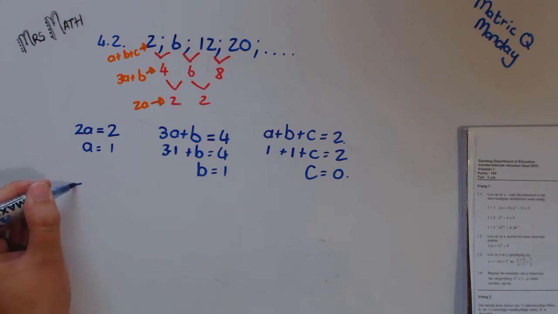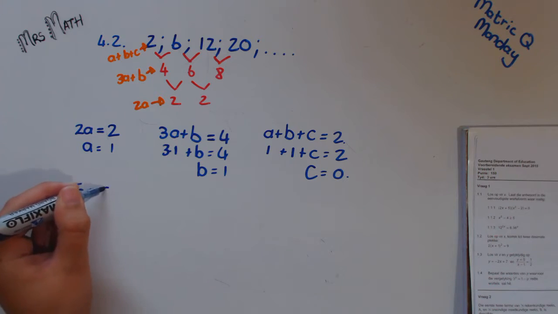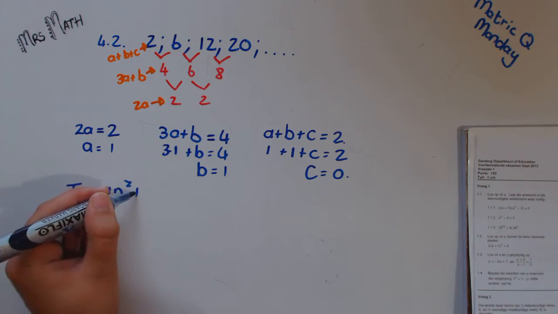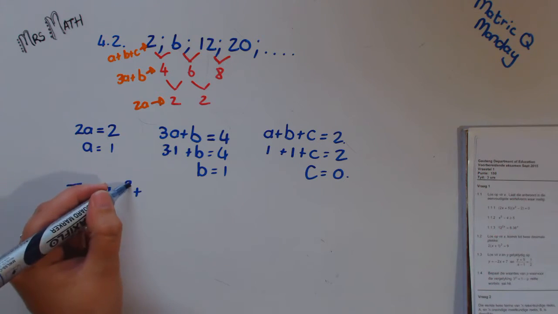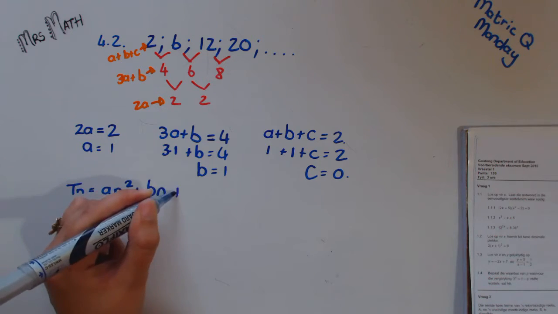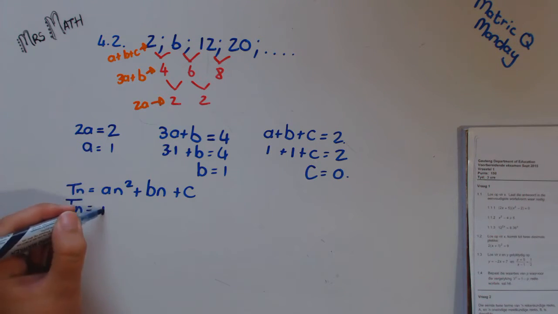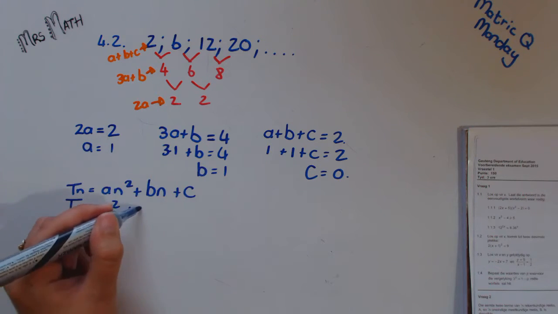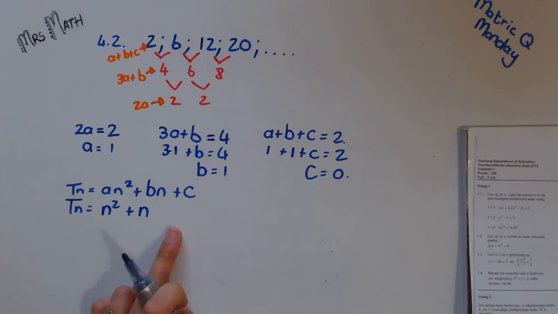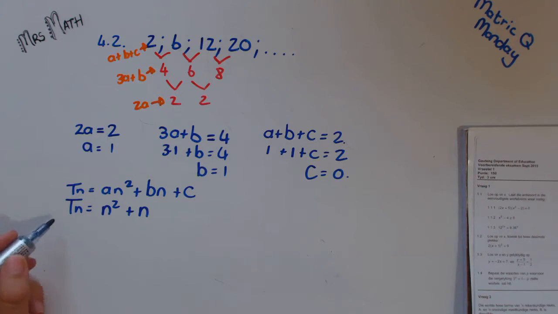Okay, and then if I write this in the format an squared plus bn plus c with a is 1, b is 1, and c is 0, then my pattern looks like this. And if I substitute 100 in there,